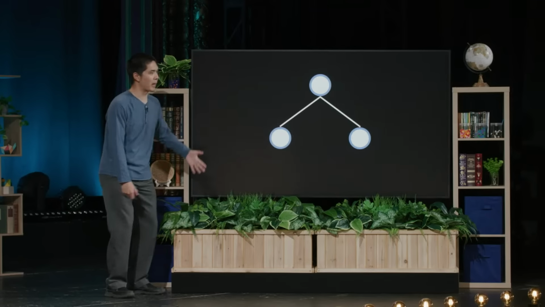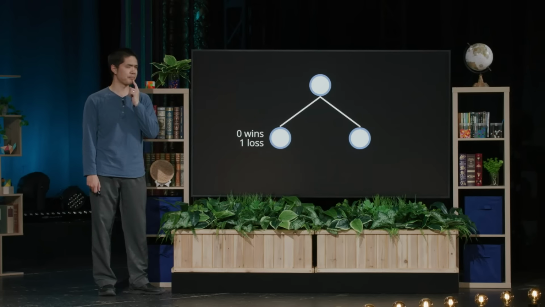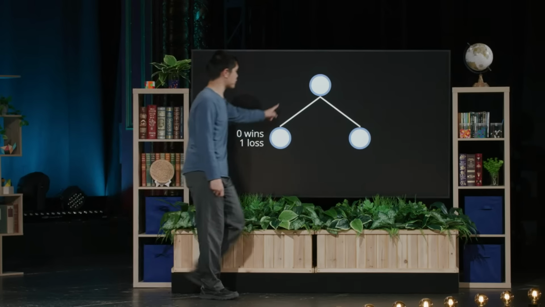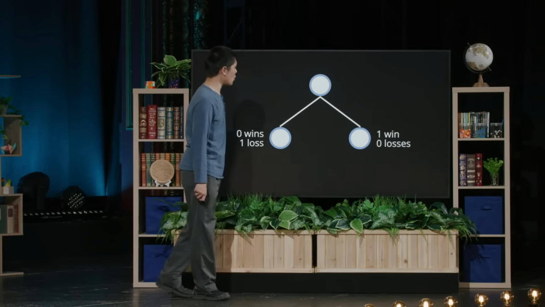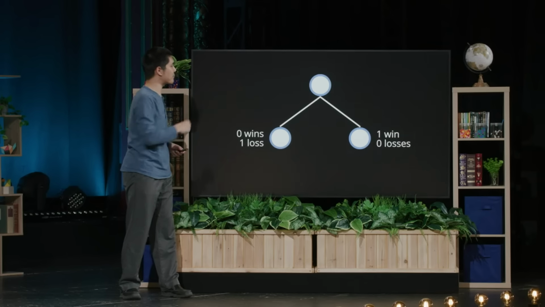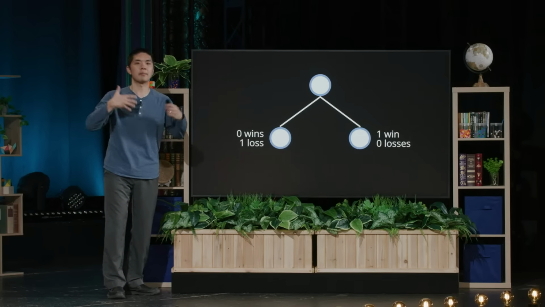And maybe I find out that when I randomly play that out, this time I lost on taking the option to the left. Well, I say, OK, that wasn't so good. Maybe I should try something else. Maybe I should try this path over here to the right. And say, what happens if I do this? Well, if I do that, maybe I randomly play it out, and choosing the option to the right, choosing that path, results in me winning the game. And OK, that seems promising, so maybe I'll try to do that again.